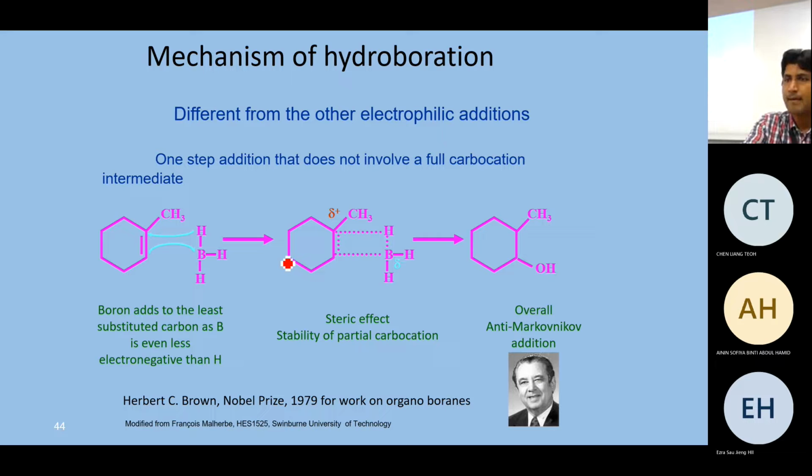Mechanism of hydroboration. Boron is less electrophilic, so it does not require that much. It will move towards the carbon which has less substitution. So the boron is attached to this carbon, because it has less substitution. It has one hydrogen attached to it. This carbon has this group, and there is another CH2 group here, and there is another CH group. So this carbon is the most substituted. Boron does not favor this substituted carbon because boron is less electrophilic. So it will be attached to this one, and then